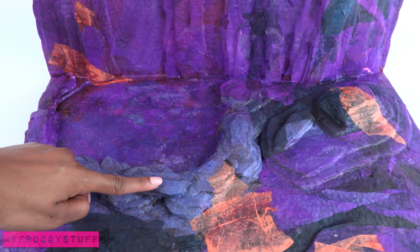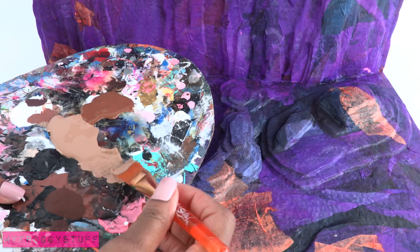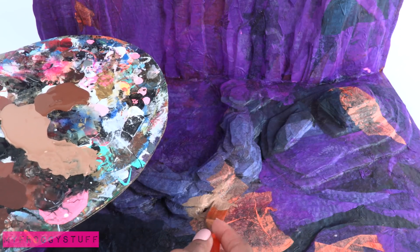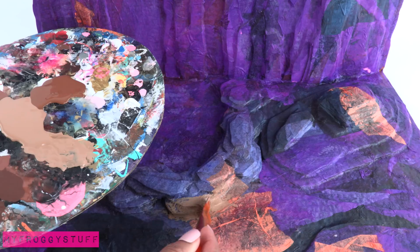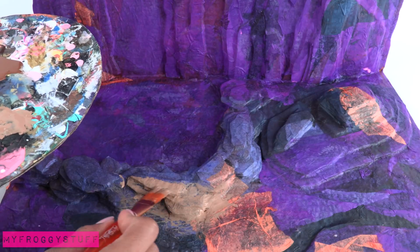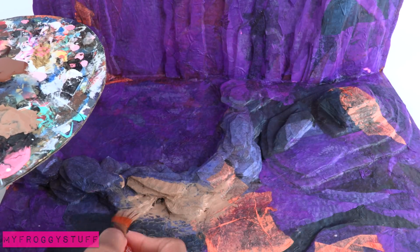Now that the paper mache is dry, it's time to paint. Using acrylic paint, I begin to paint right over the paper mache rocks. And I already know that this is going to take more than one coat, so I'm starting with a light